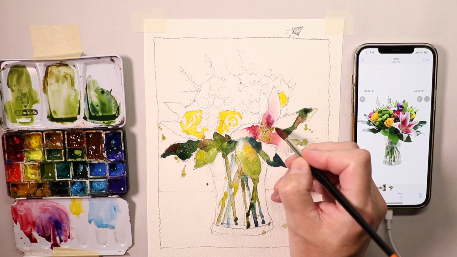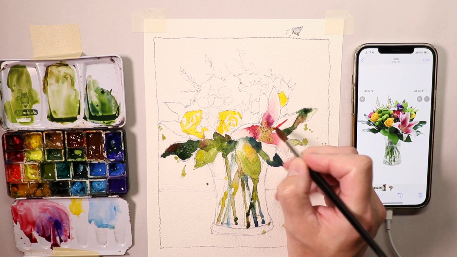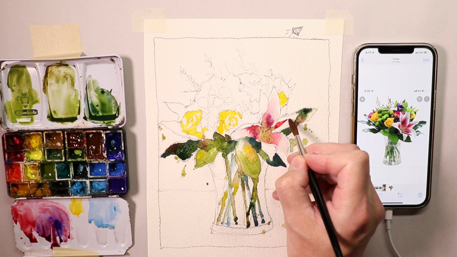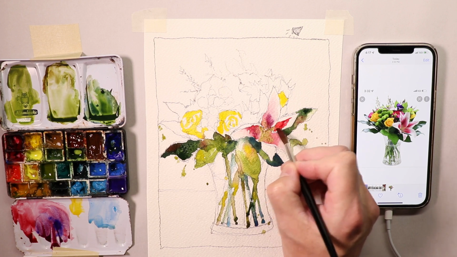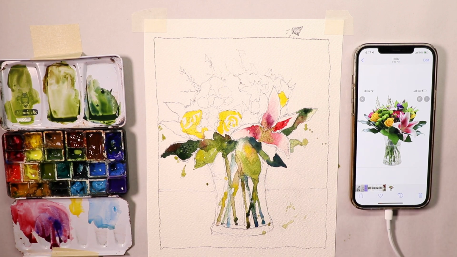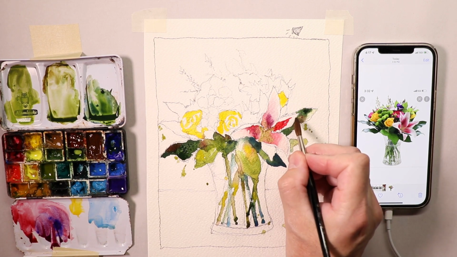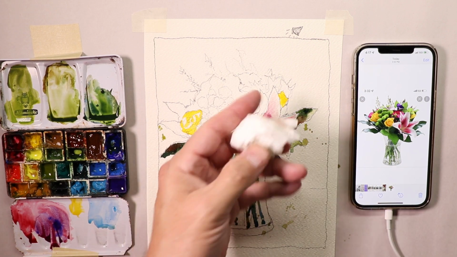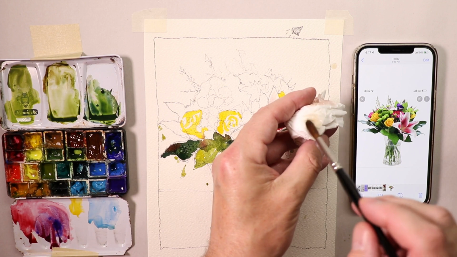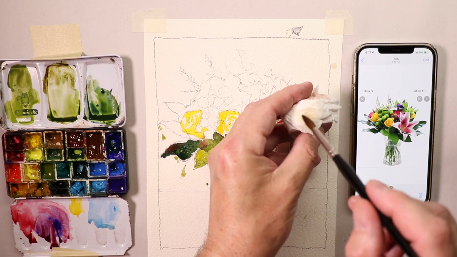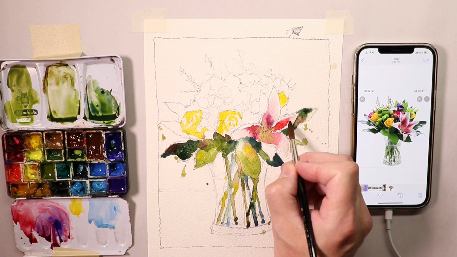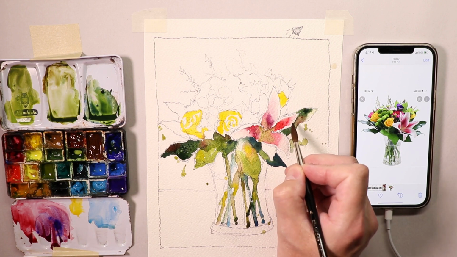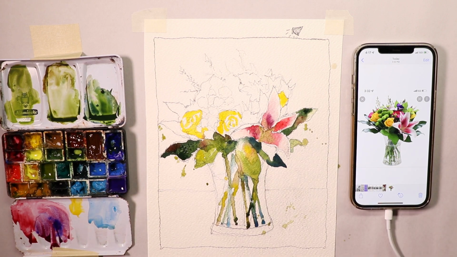And then we can continue on. And then a damp brush, rinse off the water, rinse off the brush, dry off a little bit of the water on the tissue so you don't have too much water on the brush, and then you can just gently soften out that